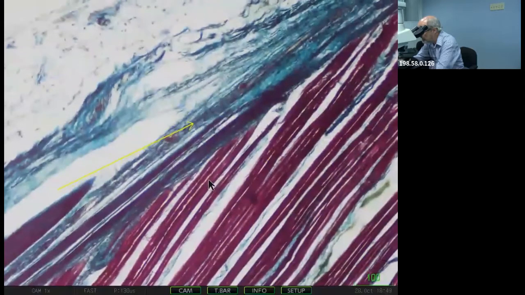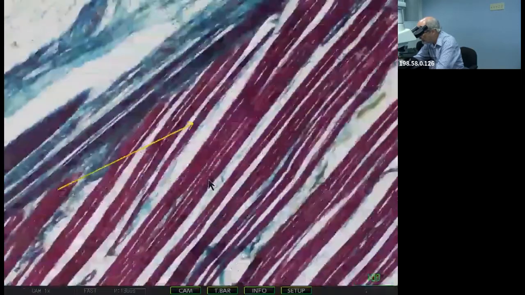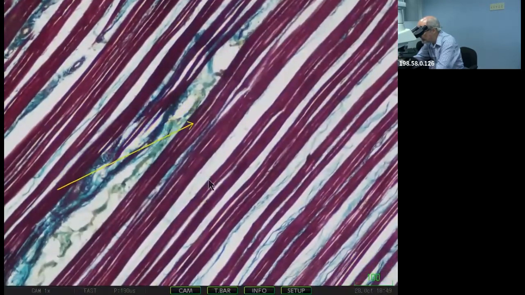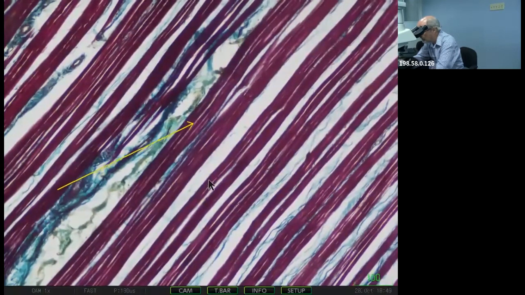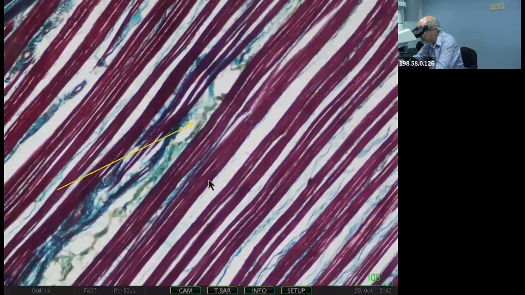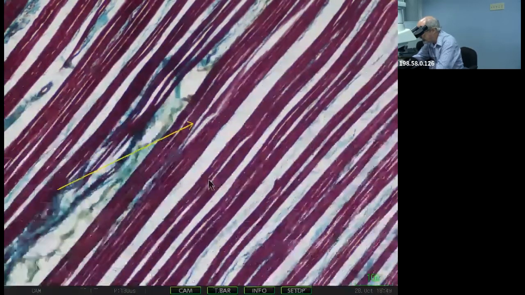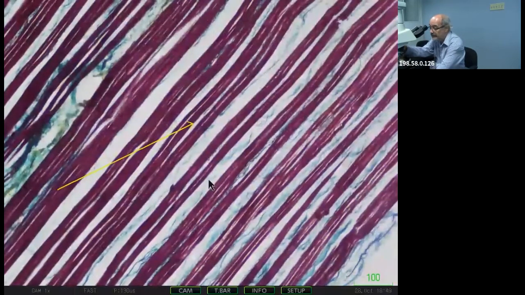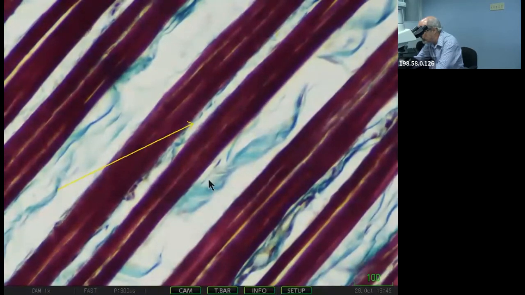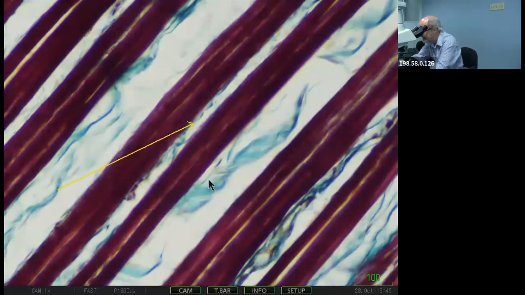Again, the connective tissue is stained green. Here, you will have the perimysium. You see your muscle fibers are stained brown, or purple, it depends. The perimysium is around each bundle of muscle fibers, around each fascicle. And if I go to higher magnification, you will have some endomysium around each muscle fiber.